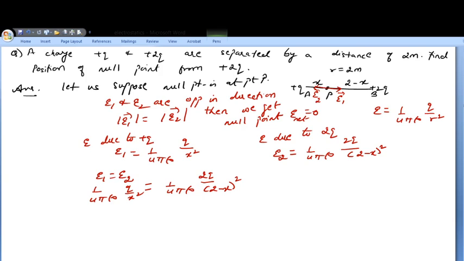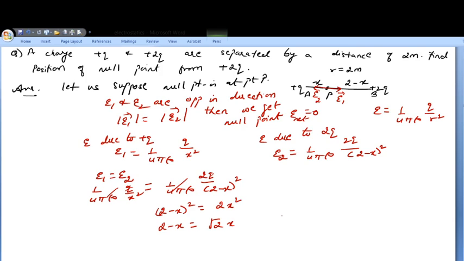See, the same numerical, if you remember, we have done with the force also. So there, what will be the null point? Null point is that point where if you put any third charge from outside, it will not experience any force. So if I equate this, these things will cancel out, and you get the equation 2 minus x the whole square is equal to 2x square. Now don't expand it, rather take the square root. So square rooting, you will find 2 minus x is root 2 x.